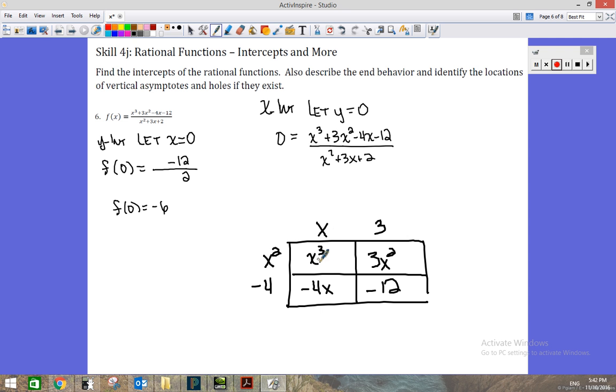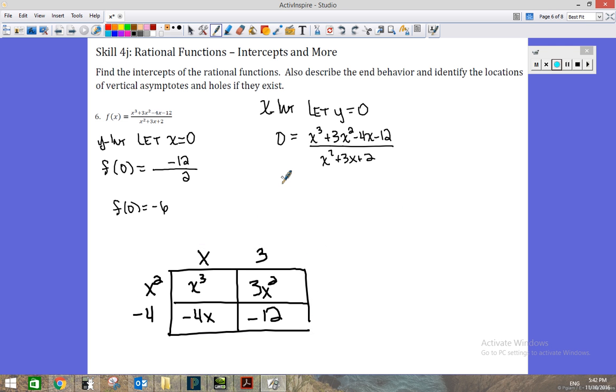X squared times x is x cubed. X squared times 3 is 3x squared. Negative 4 times x is negative 4x. And negative 4 times a positive 3 is negative 12. So my numerator definitely factors. And I can write that as